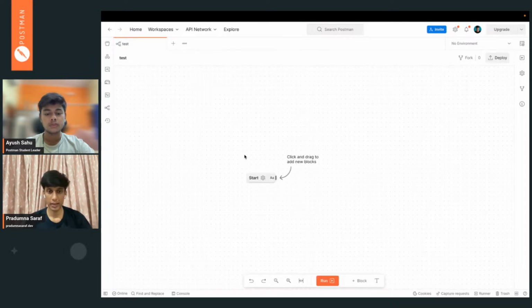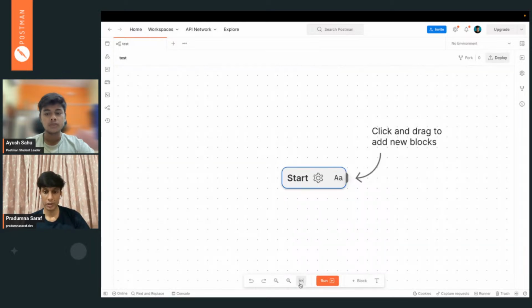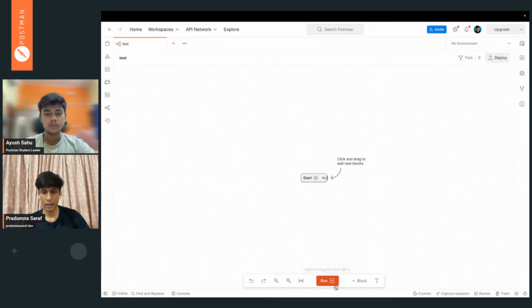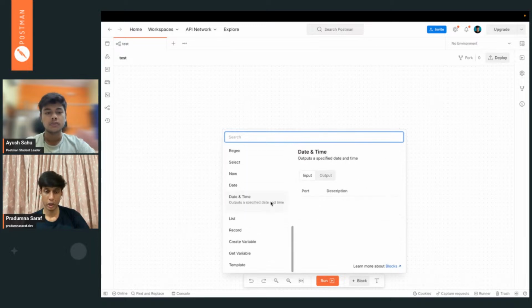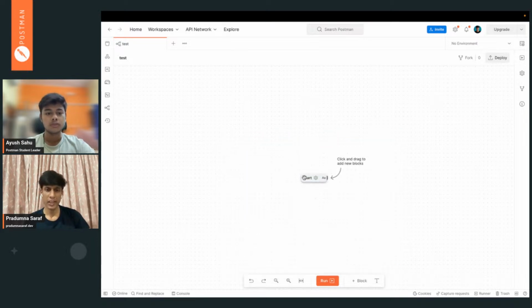So this is the basic landing window for your flows. This is a plain canvas where you do your own stuff and create a flow. There are a bunch of tools, and you can just build on top of that. It is a plain canvas, like when we use Canva or some art tool, something like that.